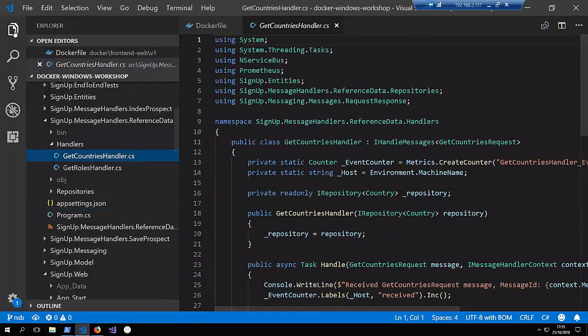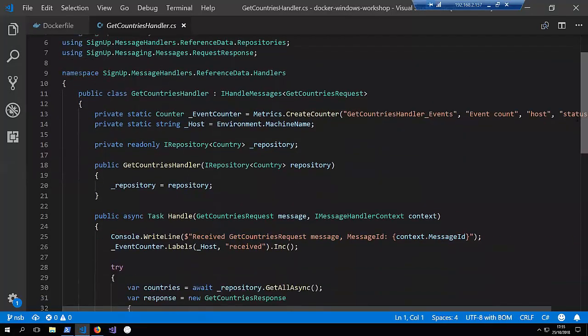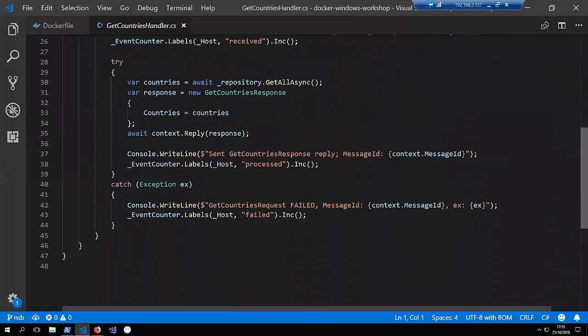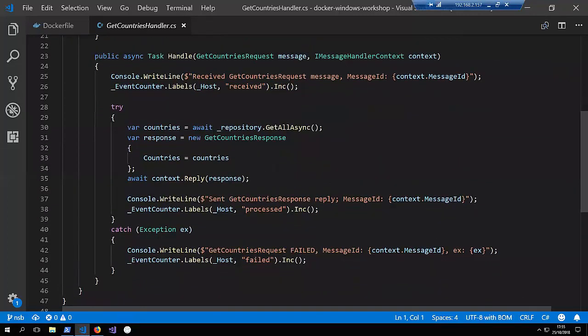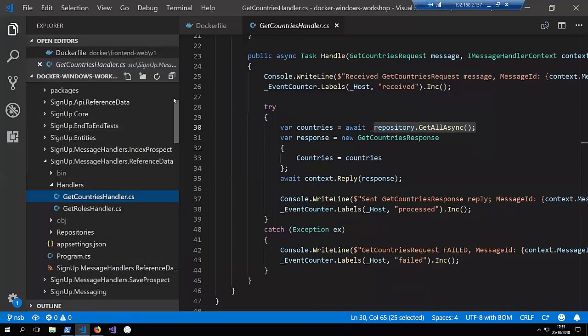And then the handlers are really simple. So I get my request to get countries, and then I just fire some SQL over to my repository that's going to get me everything that I need to send the data back. So same format of data, just swapping in a different handler. And then version 4 of my deployment,